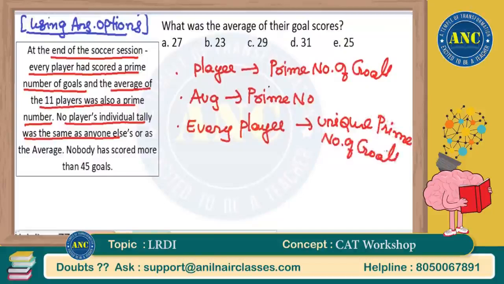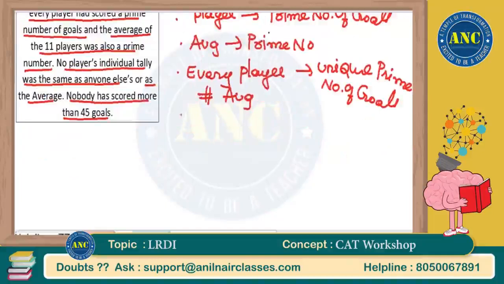Every player's goals, which is a prime number, is not equivalent to the average. That is also clear. Nobody has scored more than 45 goals, means everybody scored goals less than 45 and it should be a prime